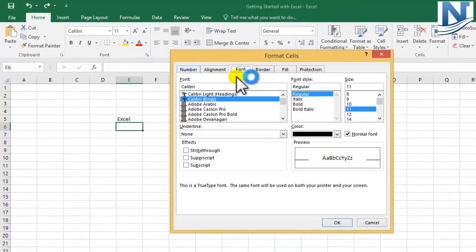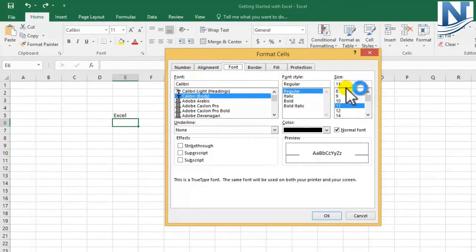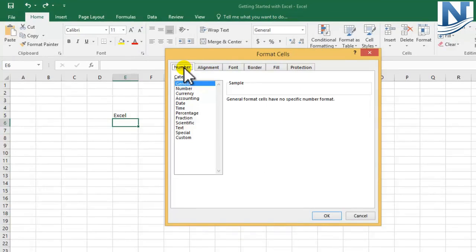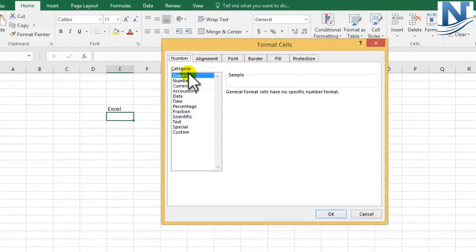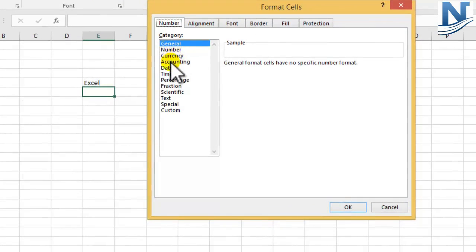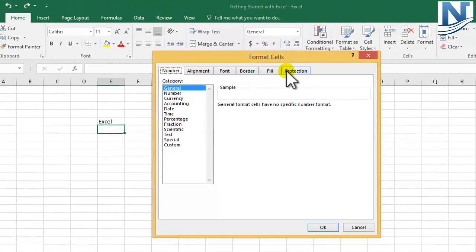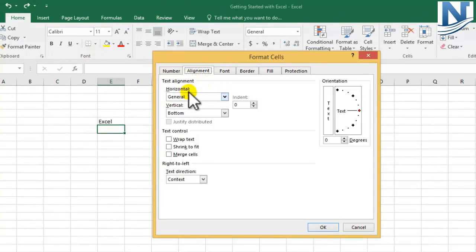I have clicked on this, and now these are all the Format Cells functions which are present. For example, we have something for Number formatting. This basically covers the different types of formatting that you can apply to the cells. We are going to see this also in detail. Let's find out the different options available for your font. We can do something with respect to Alignment. We have horizontal and vertical alignment, and various options for text control and text direction.